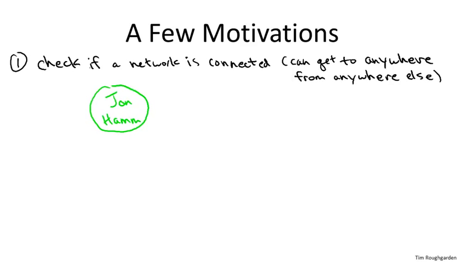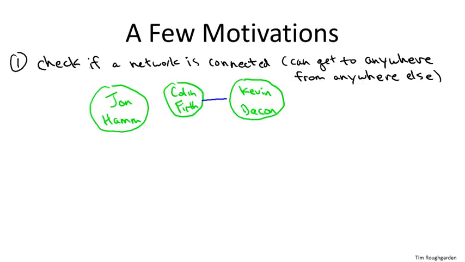So for example, you could ask about Jon Hamm, also known as Don Draper from Mad Men, and you could ask how many edges you need on a path through the movie graph to get to Kevin Bacon, and it turns out that the answer is two edges. You need one intermediate point, namely Colin Firth, and that's because Colin Firth and Kevin Bacon both starred in the Atom Egoyan movie Where the Truth Lies, and Jon Hamm and Colin Firth were both in the movie A Single Man. So that would give Jon Hamm a Bacon number of 2.